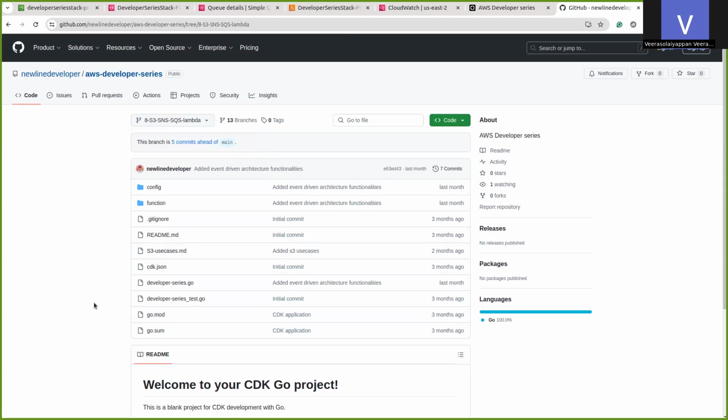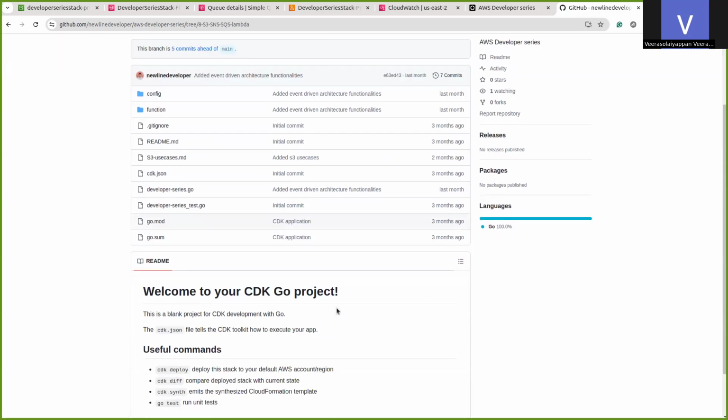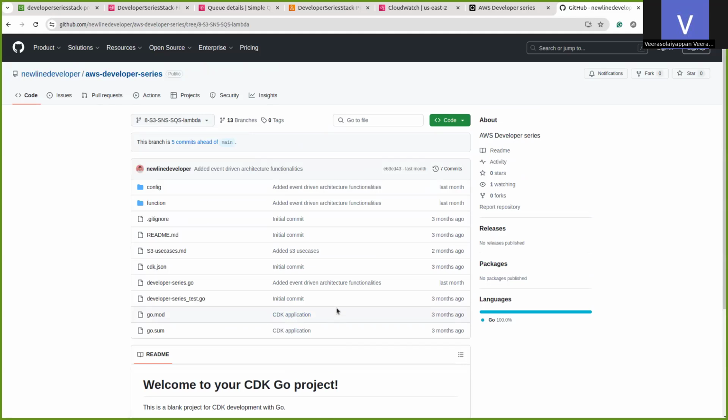This is where you can see all the CDK code and Lambda code, everything. So that's all about this session.